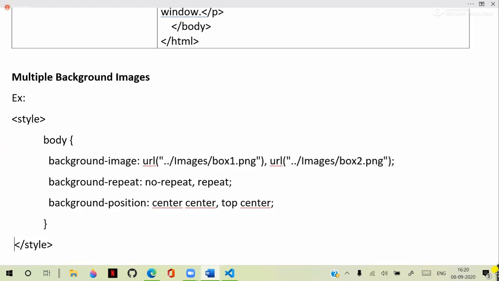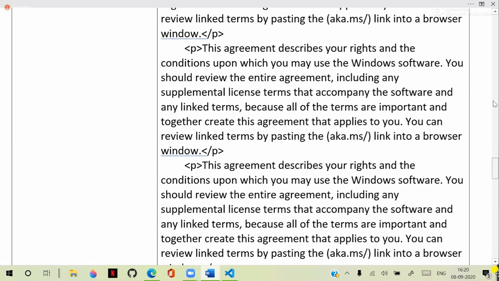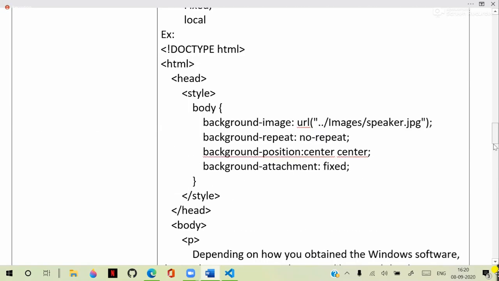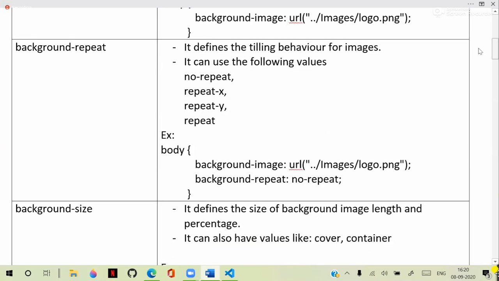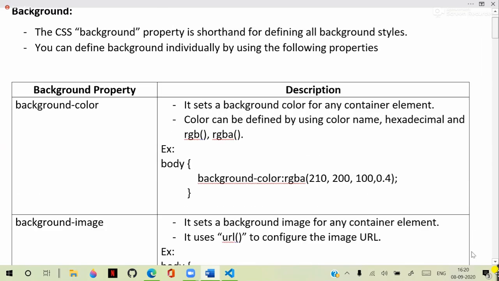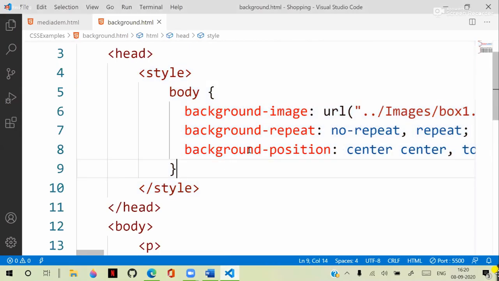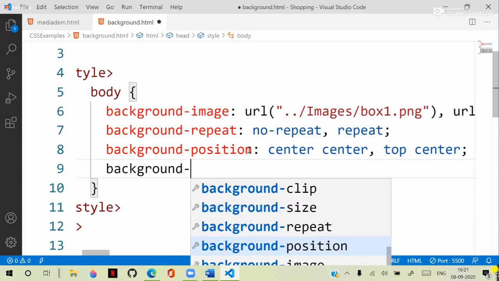in a shorthand way. All these are the background effects. So we have background related all these effects: color, background, position, and image attachment. So these are the background options. Actually, in background, when you are setting the background options, so when you are configuring the background, in the background options,